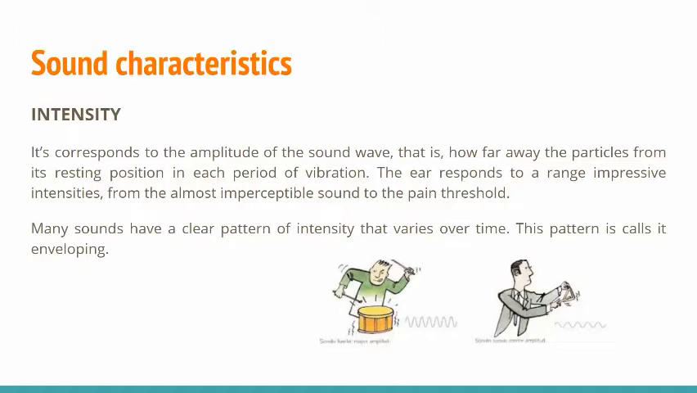The characteristics of sound are intensity, frequency and period, tone, and timbre. The intensity corresponds to the amplitude of the sound wave, that is, how far the particles move from their position of rest in each period of the vibration. The ear responds to a range of impressive intensities, from the almost imperceptible sound to the pain threshold. The feeling of sound level is approximately double each time the amplitude of the sound is multiplied by 10. Many sounds have a clear pattern of intensity that varies over time. This pattern is called